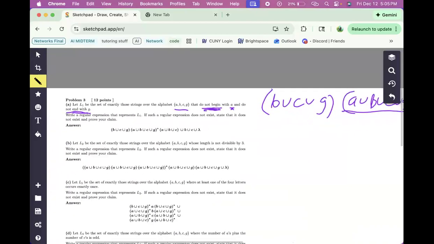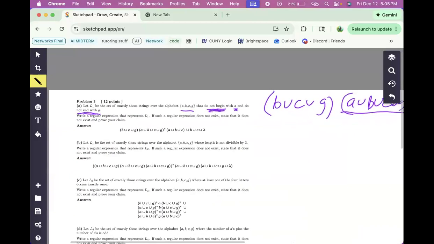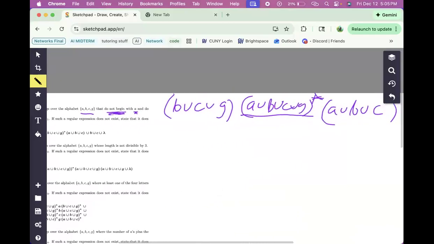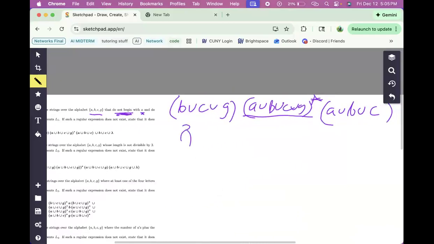The only limitations is it can't begin with A and does not end with G. Okay, what if I had a string that was nothing? A lambda doesn't begin with A and it doesn't end with G either. It doesn't begin or end with anything. That's fine. What if I had a single character that was a B